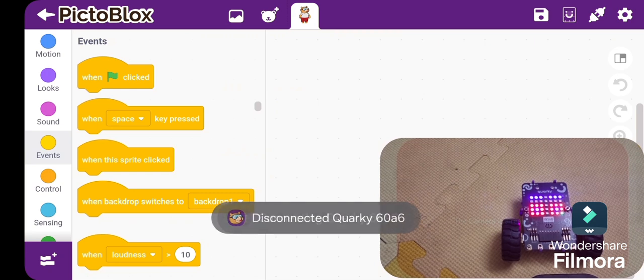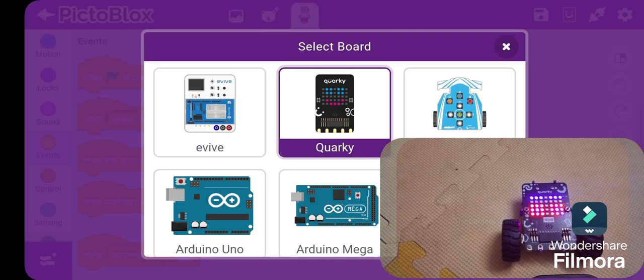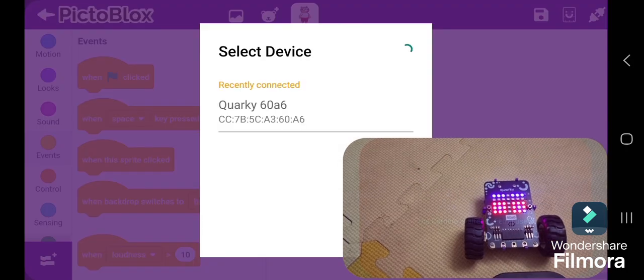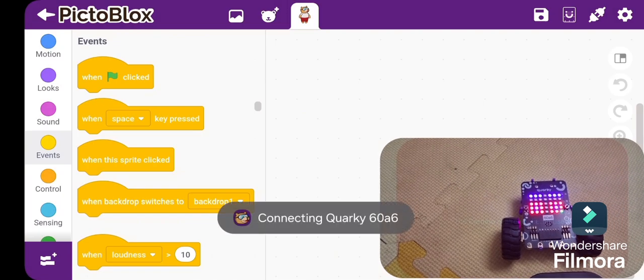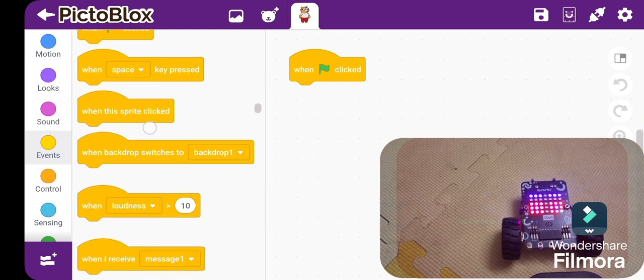The blue color changed to green, and sometimes it gets disconnected. I think I have to charge it, but just ignore this part. And then from this block you have to select the Quarky first of all, and then you have to go to the next block where you have to plug it like this. And then you can do the usual block coding where you say, when clicked,